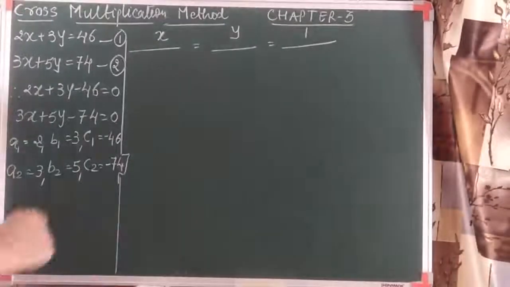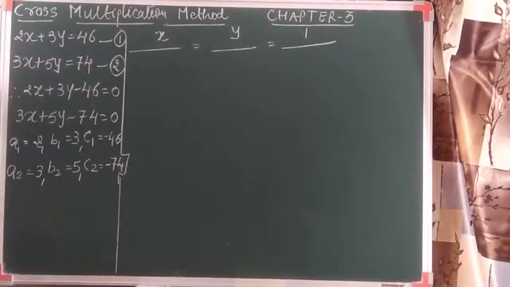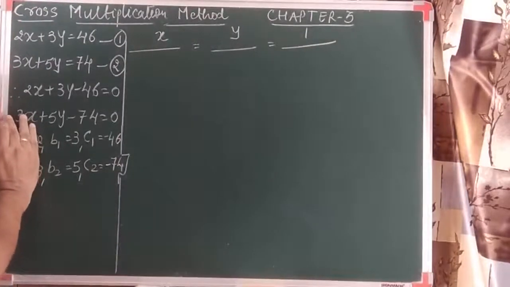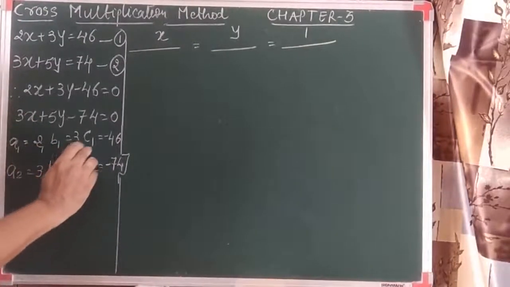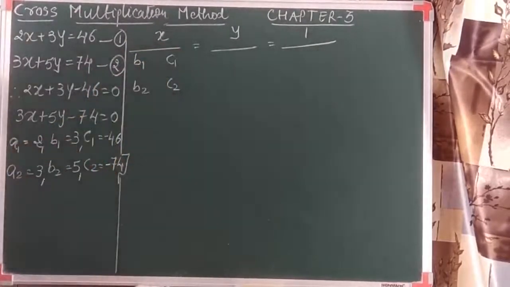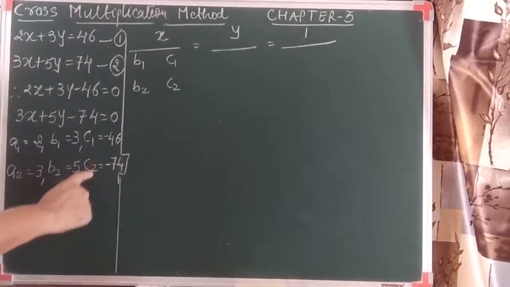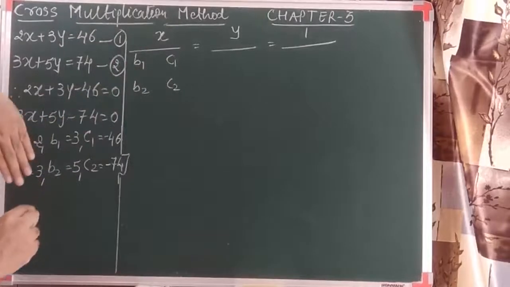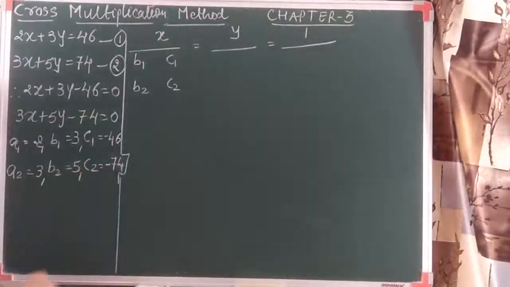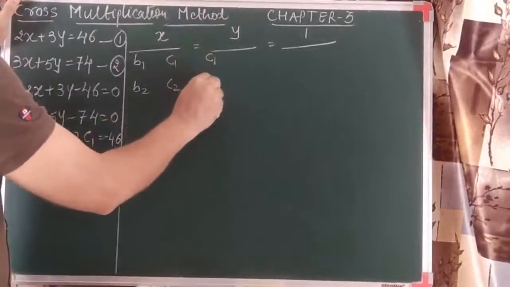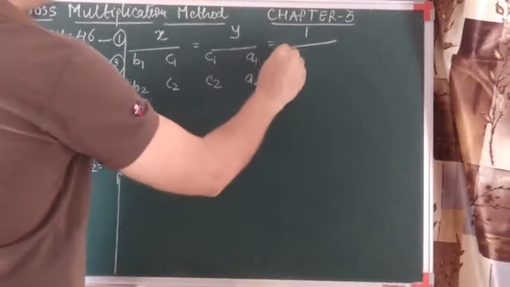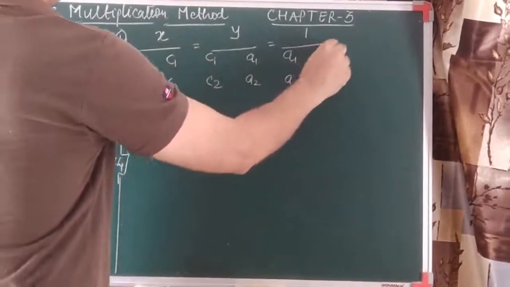Fine. So what should we write in the denominator of x? Except the coefficient of x, we do not write the coefficient of x. And look, the order will remain the same: b1, b2, c1, c2. In the denominator of x, we do not write the coefficient of x. For the denominator of y, we will not write the coefficient of y. The order will continue: c1, c2 and a1, a2. And the same for the constant, we never write the constant's coefficient. So it is a1, a2, b1 and b2.